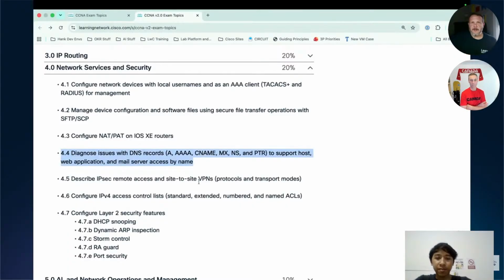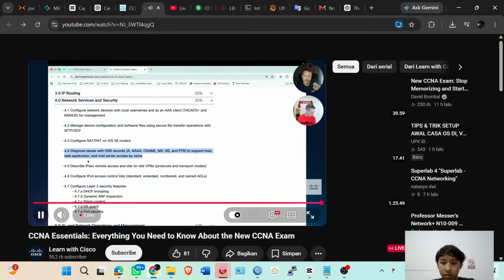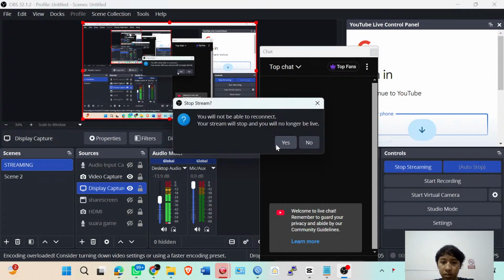Yeah. So this is one of the areas that I'm super excited about. If you've been part of CCNA Prep or you've seen me present, I'm a big DNS fanboy, and that's because DNS is so critical from every aspect of being a network engineer, right? It's how the internet works. It's names to numbers. And one of the most common things I've always had to do in my role as a network engineer is to understand how DNS works and figure out when it's not working correctly. And so I'm excited about this 4.4 task because this is a skill that you need to be able to do on a help desk. You're going to get a ticket open. Do you know how to diagnose if there's something